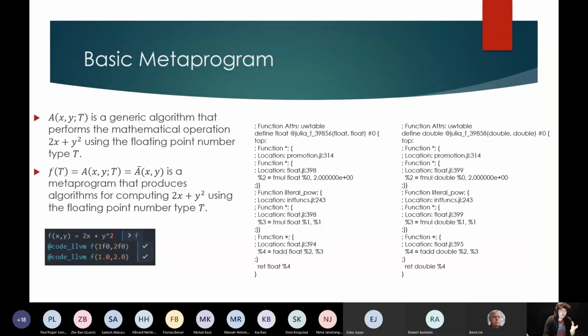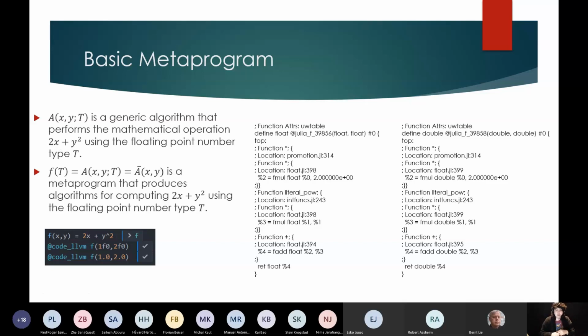And to really understand why everything is built in Julia here, I do want to showcase a little bit about the Julia compiler and some of the techniques that we're using. The general idea is that if I look at an equation like 2x plus y squared, you can understand that as a mathematical equation, but it doesn't actually have a real backing, because mathematically it doesn't have a definition until I actually say that x is an integer and y is in the real numbers. This is what we call a generic algorithm: an algorithm without full specification of what the types are. And in order to know what this algorithm actually means, you need to impose a type on it.